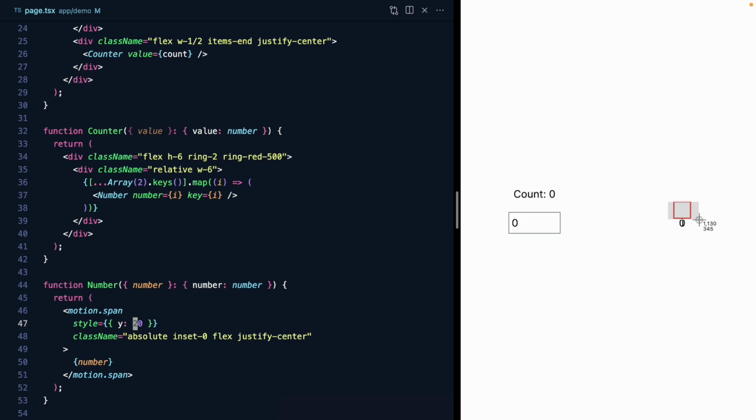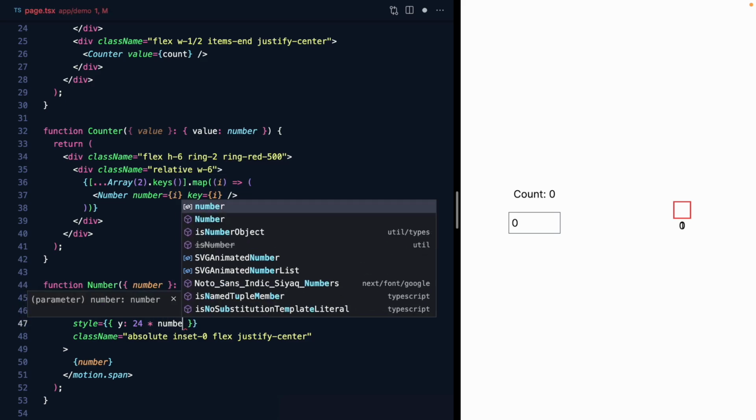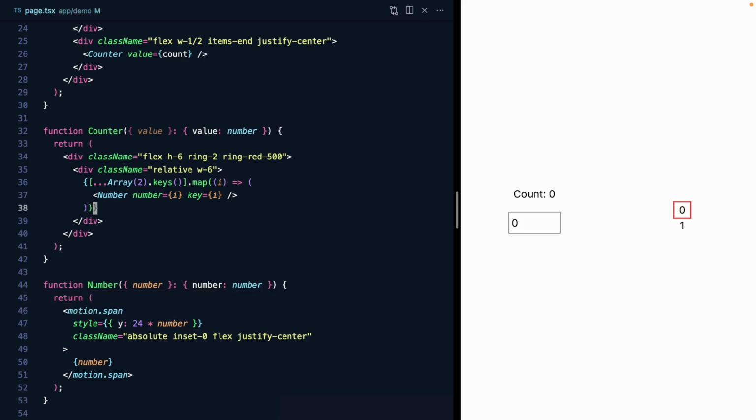These boxes right here are actually 24 pixels, which is just from the line height. So if we were to set the Y prop to our number times 24, then we should get a nice offset. And if we bring back all 10 digits, there we go. So this is a nice starting point, and the idea here is going to be to move these